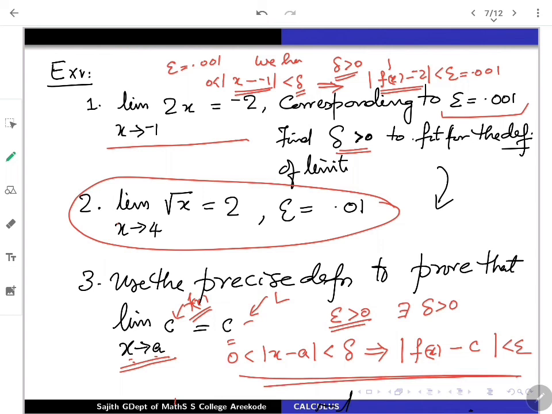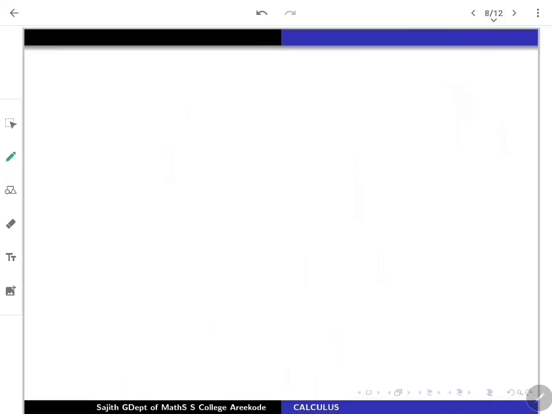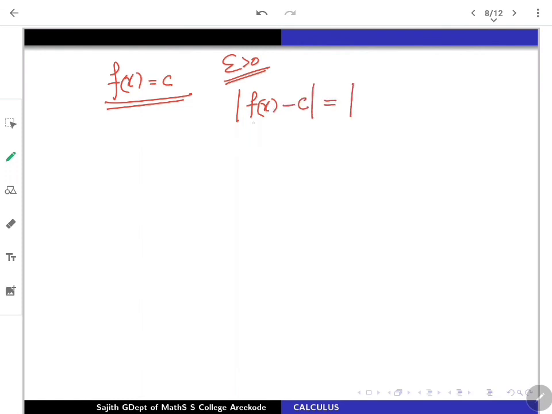But it is quite easy in some sense, because f of x is always taking the value c, something like 3 or 2. It never changes with x. So just use that. We are given some positive number, not specified. Then look at the distance between f of x and that L value. f of x coincides with c, so you get c minus c. But c minus c is always 0. It won't change.